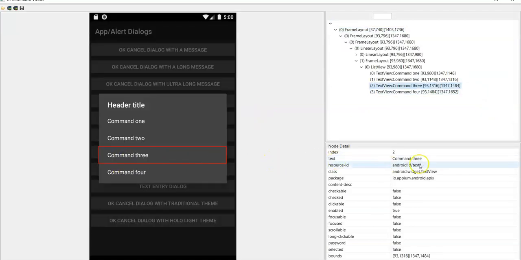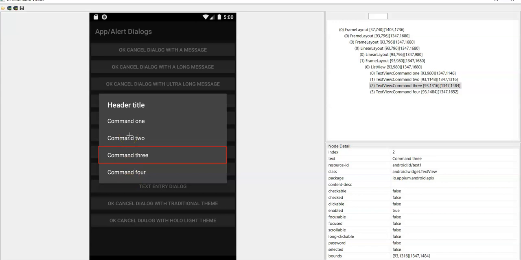So here you can see text equals Command 3. Resource ID is text1. Okay, there is no content-desc value. Now let's see whether it is a unique resource ID or not. So android:id/text1, android:id/text1. So here the resource ID is the same for all options.